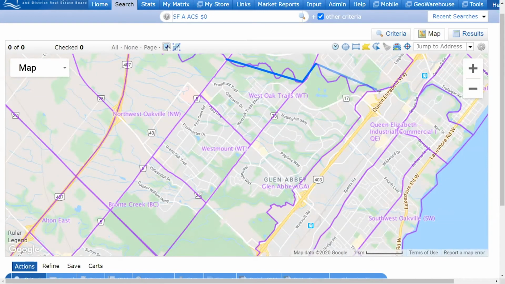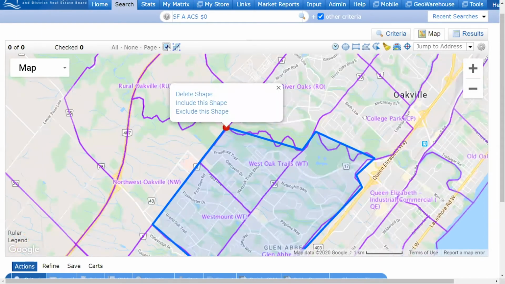I'm just going to go very quick, a quick grab of the areas here. Okay, perhaps they want the Glen Abbey neighborhood as well, and maybe they want to close it off at this Westmount region. So the drawing that we've made effectively is not 100% of Glen Abbey, but kind of this section